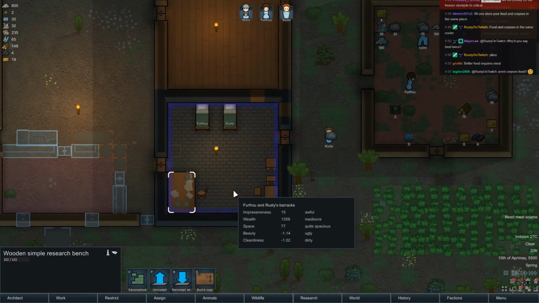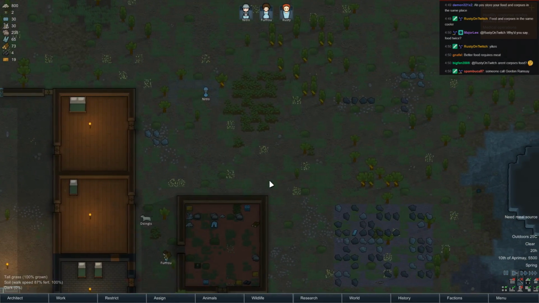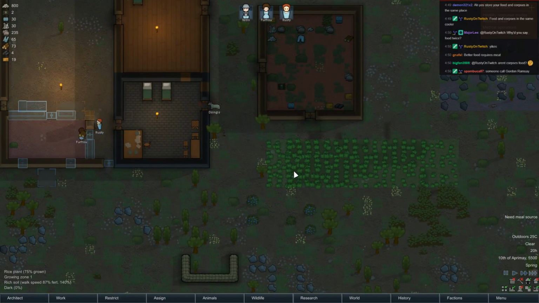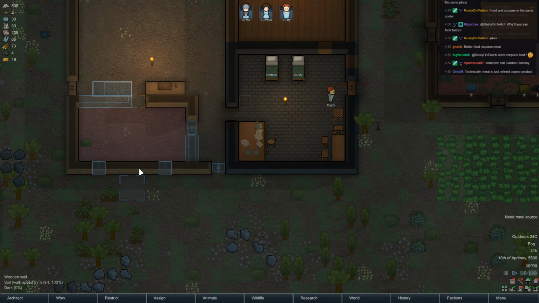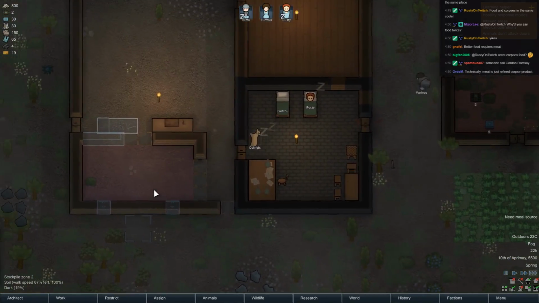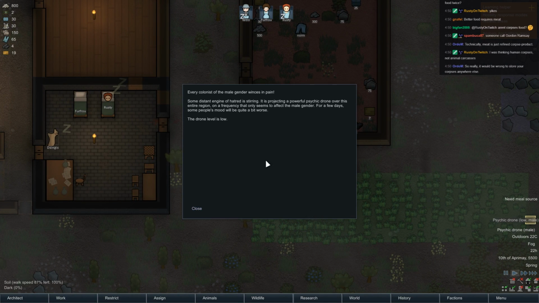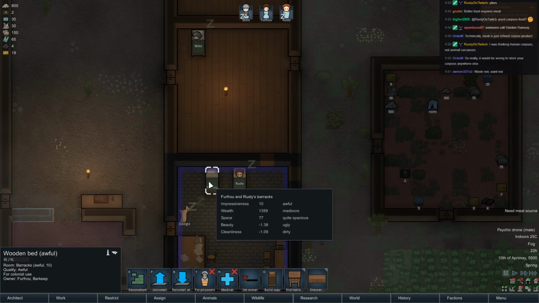Right. This is our research table. We're doing a whole lot of no researching. I'm also horrifically short on wood, but somebody's working on it, surely. Psychic drone, low male. Some distant engine of hatred is stirring, projecting powerful psychic drone over the entire region on a frequency that only seems to affect the male gender. Okay, sure. Also, why...